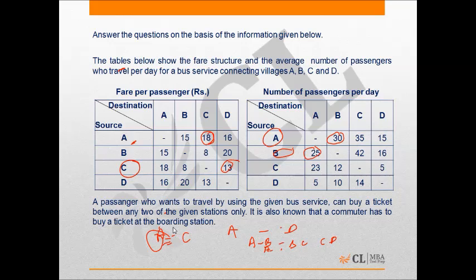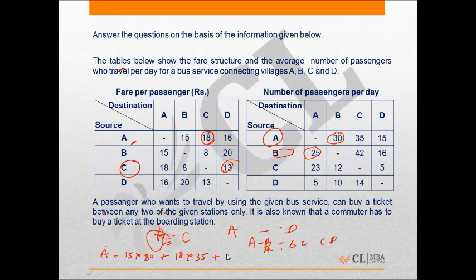If we want to calculate it, the total collection made at A will be the fare from A to B times the number of passengers, plus the fare from A to C times the number of passengers who travel from A to C,